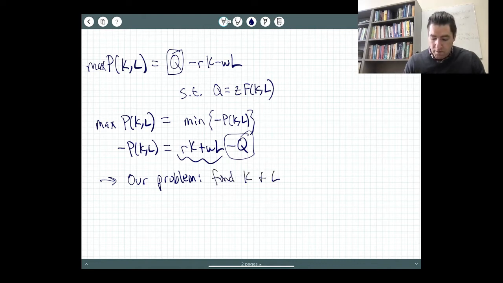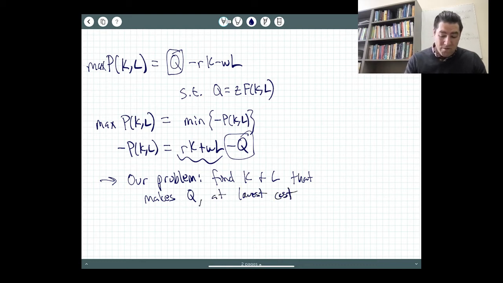No matter which one I use, max P or minimize minus P, I'm going to arrive at the same conclusion. So I'm going to resolve this in the general form,